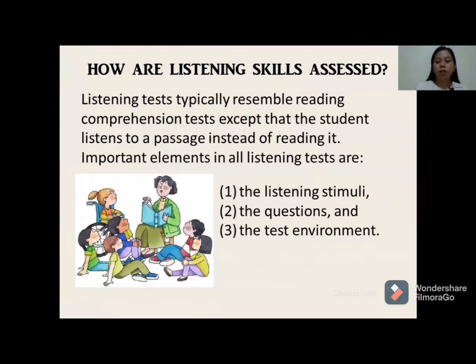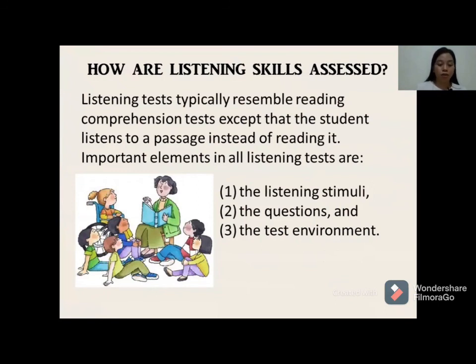Listening tests typically resemble reading comprehension tests, except that the student listens to a passage instead of reading it. The student then answers multiple questions that address various levels of literal and inferential questions. The important elements in all listening tests are: the first one is the listening stimuli, the questions, and lastly, the